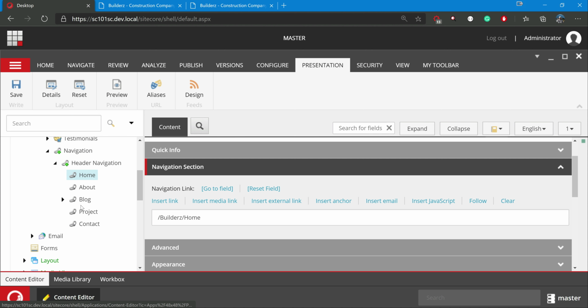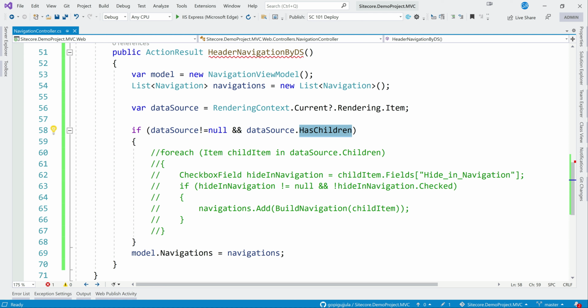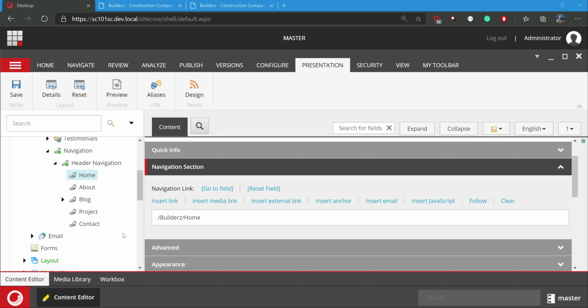For this, we are not using navigation title, and we want to use a navigation title because we want to fetch it from there. Okay, let me add navigation title to here itself.